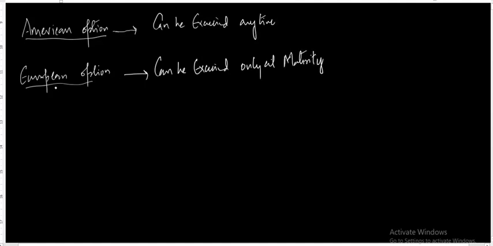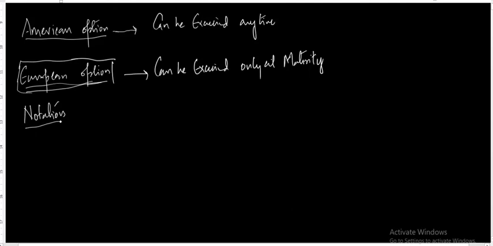Throughout this video we'll be dealing mostly with these European options, and some videos on American options as well. We will be taking the implicit assumption that the options are European and they are exercised only at maturity. Before I move on, I want to introduce certain notations